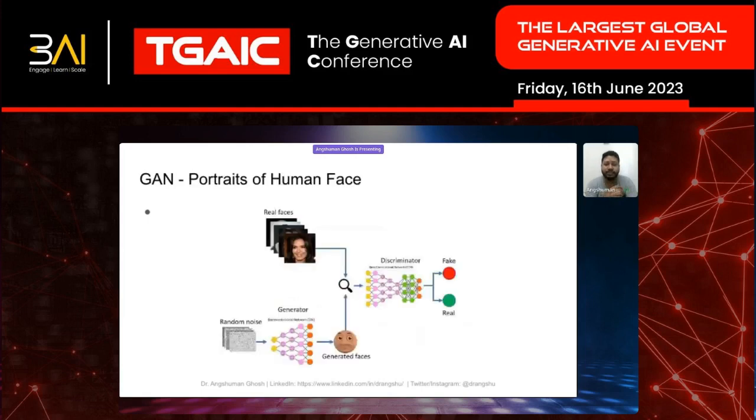Now let's see how this exact concept can be used to generate portraits of human faces. That is a very interesting application of GAN. So if you see the diagram on the left side, we take some random noise as the input. We have a generator, but in the case of an actual neural network, this is not an actual human being, it's a neural network. So this neural network takes in the random noise and, based on that, tries to generate some portrait of a human